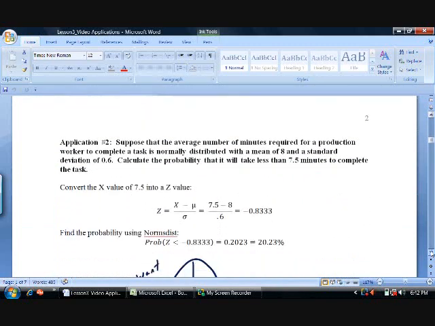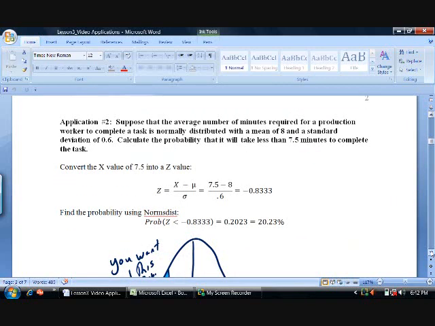Application number 2. Suppose that the average number of minutes required for a production worker to complete a task is normally distributed with a mean of 8 and a standard deviation of 0.6. Calculate the probability that it will take less than 7.5 minutes to complete the task. Well, again, these are x values. I want to convert these into z's. To do it, again, let's subtract the mean. Let's take 7.5, what we're interested in, minus the mean of 8, divide by the standard deviation of 0.6. That gives me a z value of minus